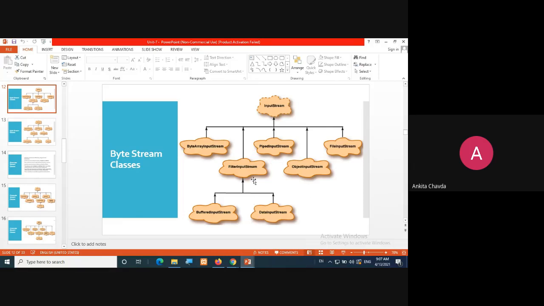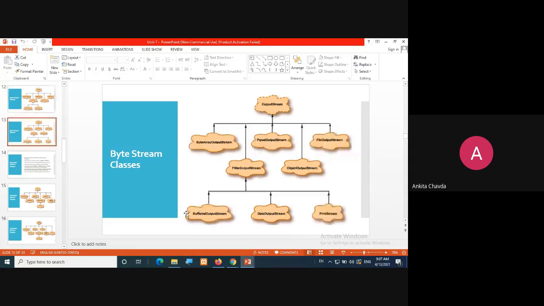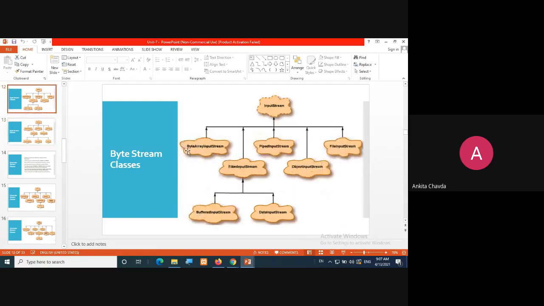Which class have we seen after that? Buffered input stream, buffered output stream, this is what we have seen. Now we'll see byte array input stream and data input stream. When you are using buffered input stream and data input stream, there is no need to use the filter input stream class, which is not so useful. In the same way, piped input stream and object input stream are not so useful classes. You have to see them on your own, because all the classes we cannot cover.